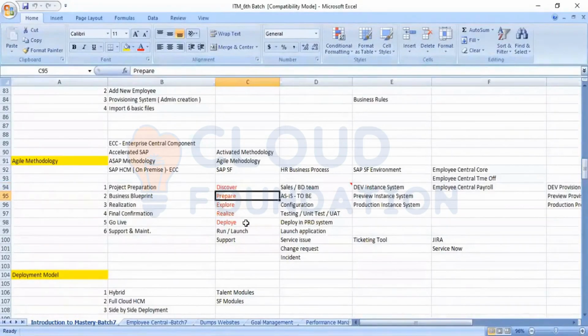In the prepare phase, what will happen? Each module specific consultant, that is, if you are the EC consultant, I am a PMGM consultant, or somebody is an RCM consultant, that is a recruiting consultant, every consultant will be setting up a one-to-one meeting with the product team.